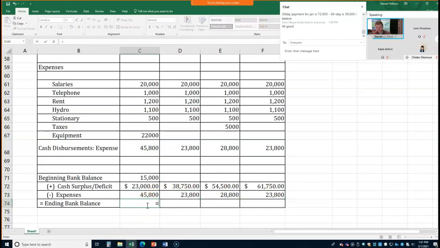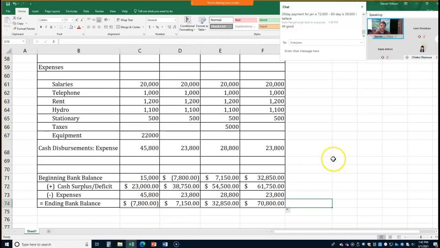So our ending bank balance will be $15,000 that we started with, and that was listed at the very top of the problem. Adding your cash surplus, subtracting your expenses, and it gives you an amount. Then this negative $7,800 will have to go up here. So I can just go equals, and we'll do the same thing. Now we're up 7,150. And I can click this formula over one more time, and there you go. So as we're looking at it here, in the beginning of the month, because we purchased this equipment in January, we have